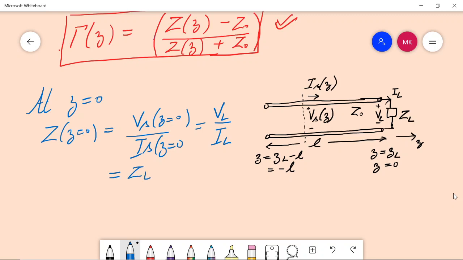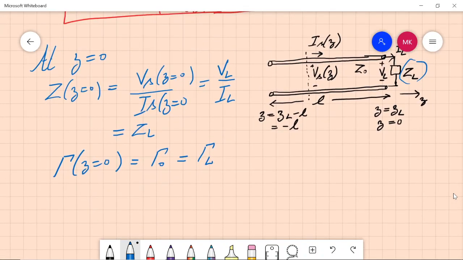Now what is the reflection coefficient? The reflection coefficient at Z equals 0 we call gamma 0, and because this load is connected there, sometimes it is written as gamma L. So we will refer to it as gamma L, the reflection coefficient at Z equals 0 due to this load L. Don't confuse it with the small l, which is a different length; gamma capital L gives the reflection coefficient at the point where this load is connected.